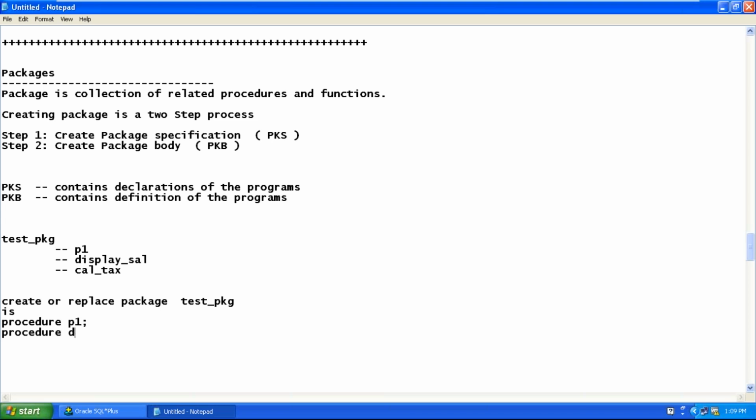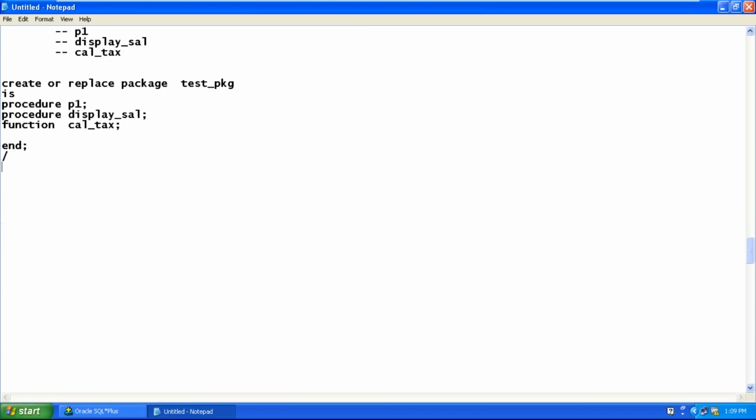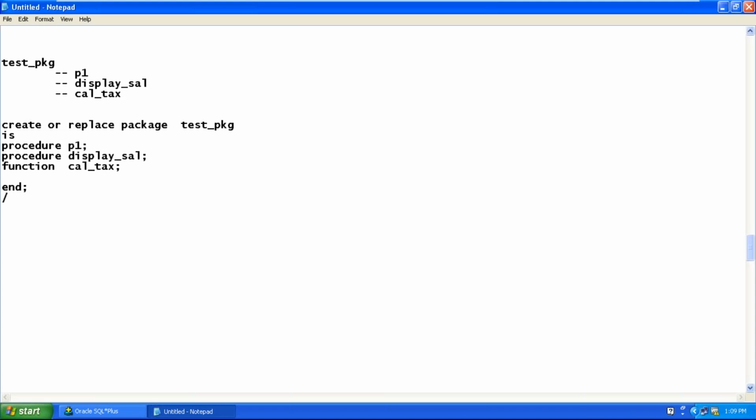Procedure display underscore sal. Then a function. Dilawar, declaration is nothing but just mentioning what procedures you want to include, what functions you want to include. That is called declaration.